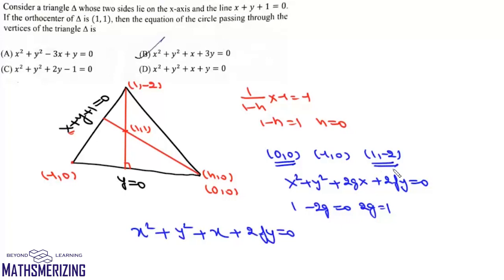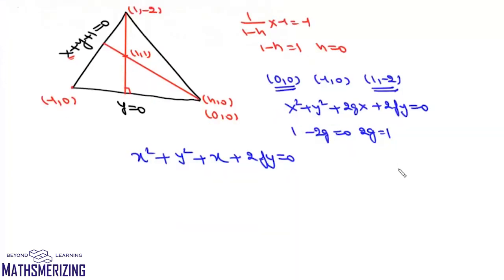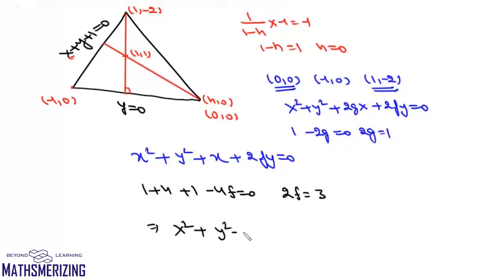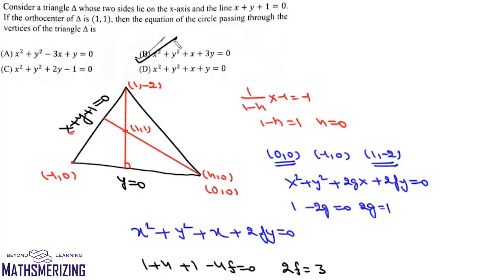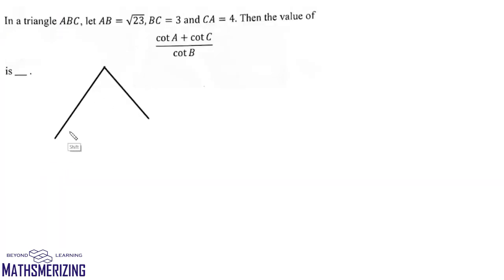Now this circle also passes through the point (1, minus 2). Now if you put x as 1 and y as minus 2, we'll get 1 plus 4 plus 1 minus 4f equals 0. We'll get 2f equals 3. So this equation will be x square plus y square plus x plus 3y equals 0, and that's your option B. Now the next question is, in a triangle ABC,